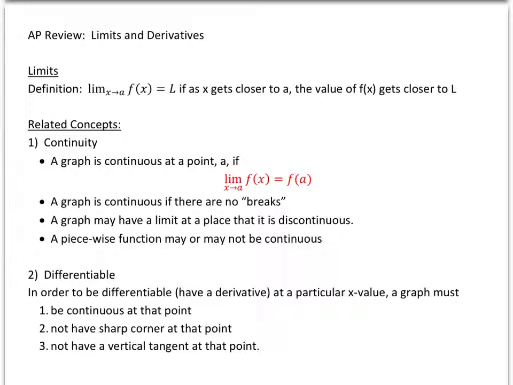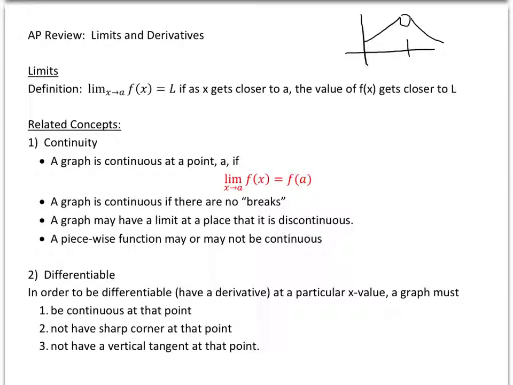So a limit and a function value may be the same, but they don't have to be. The limit question is just saying as x gets close to a particular value, what does y get close to? It's fine if y actually equals the value, and it's okay if it doesn't. So for example, if we had a graph that looked like this,